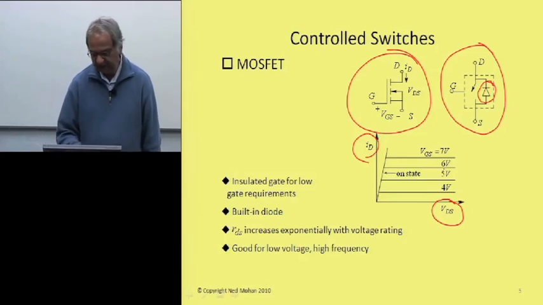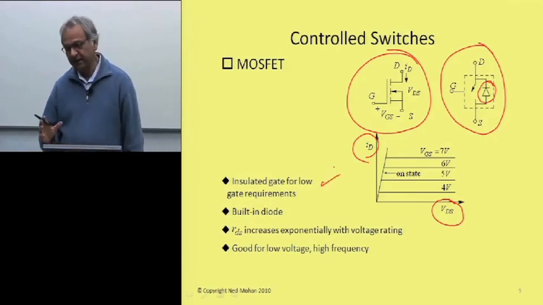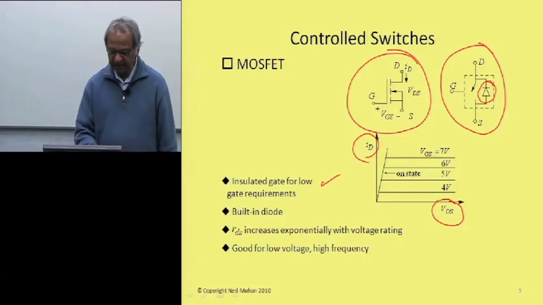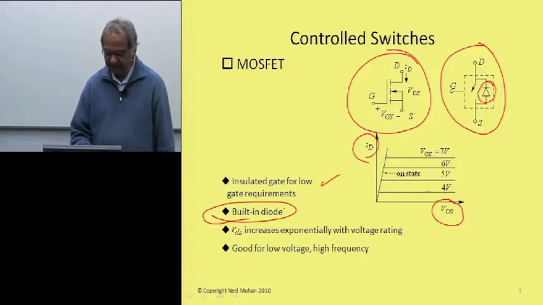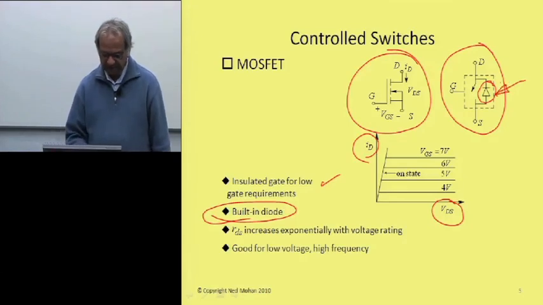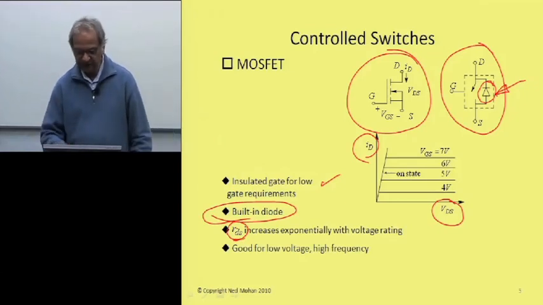So the advantage of MOSFET is that you have an insulated gate, so you need very low current. Basically, you need some charge to turn it on or off. You have to recognize that there's a built-in diode, as shown here, in anti-parallel, and the on-state resistance when this MOSFET is fully on,